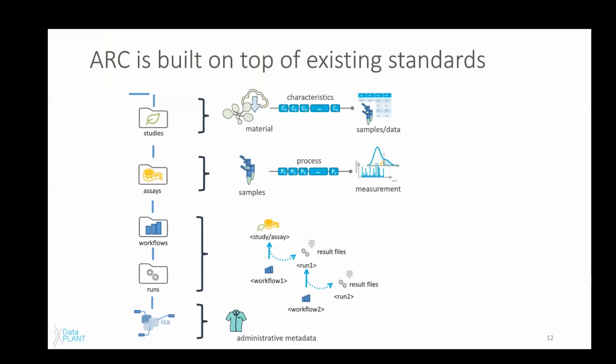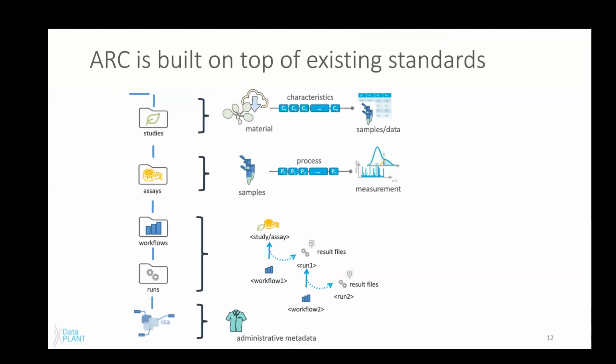Next, we have the assay folders, and this would contain information about how a sample went from being a sample through to a measurement. So this would contain information about the process of the DNA extraction. So the protocol that was used, the quality as well as the quantity of DNA that was extracted, what sequencing center the samples were sent to and when, and as well the raw data that then was received back from the sequencing center. So all this would then be located in the assay files.